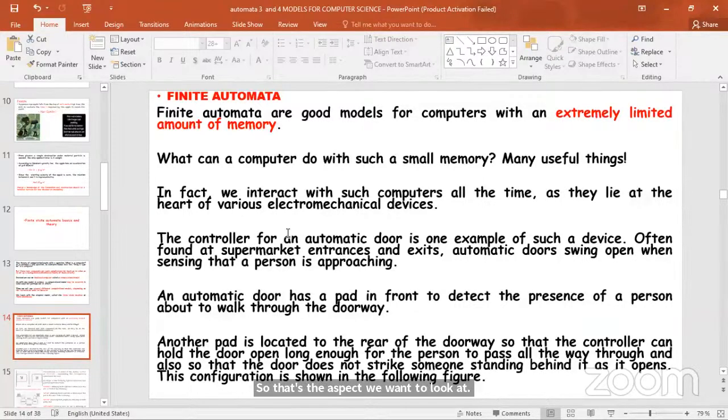So what can a computer do with such a small memory? Of course, it can do many meaningful things, right? They are present in all our day-to-day life, where in fact we interact with them daily. You have interacted with them today on different fronts. We interact with such computers all the time as they lie at the heart of various electromechanical devices. Now,